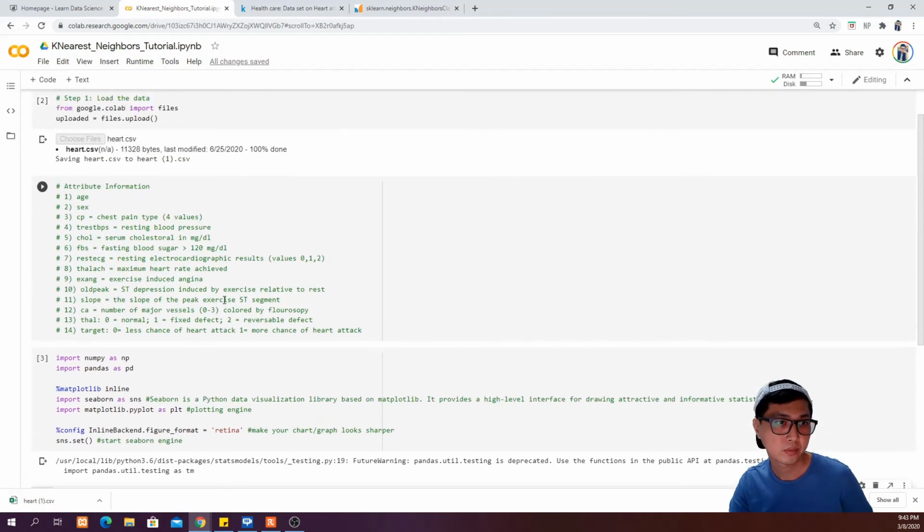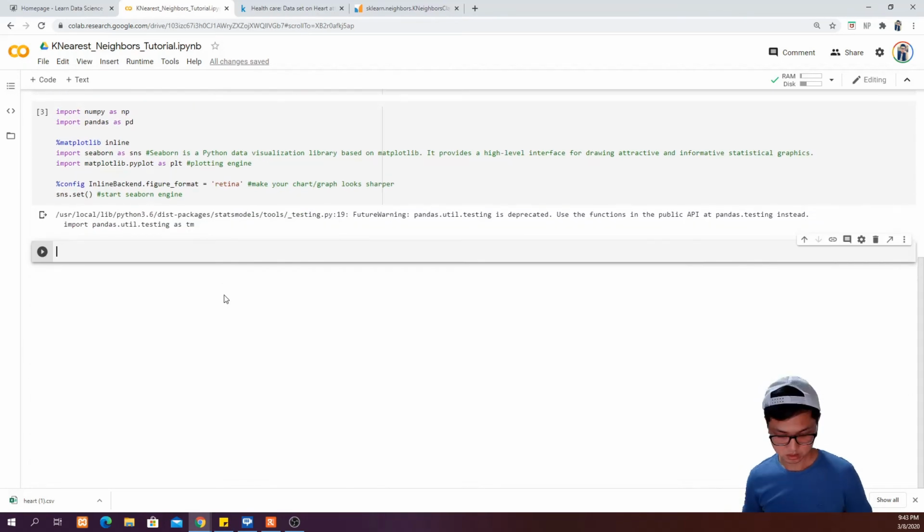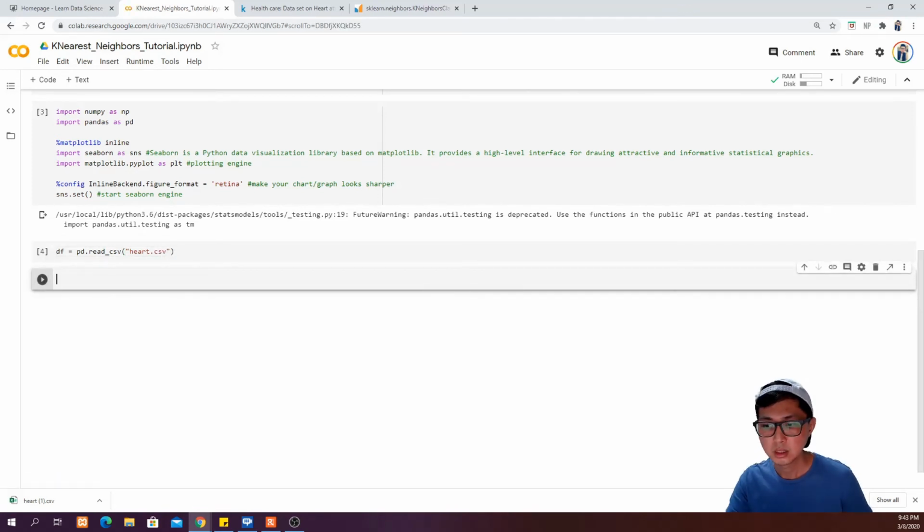data frame, and I'm going to say df is equal to pd.read_csv, and then our data set is called heart.csv. Cool. So after that we can